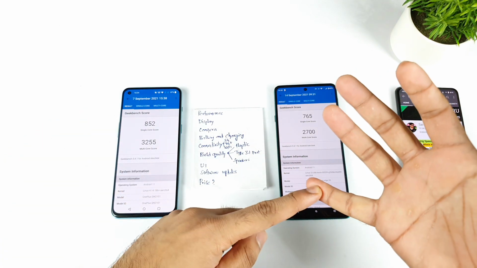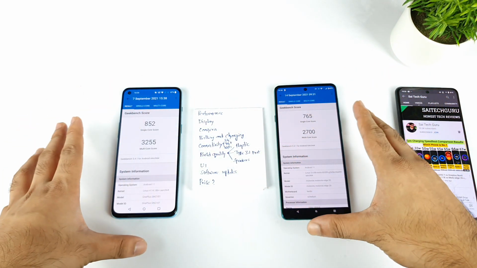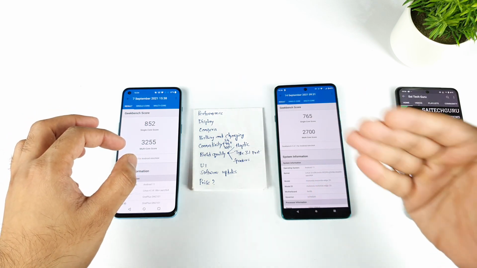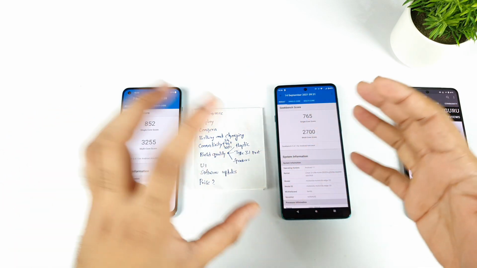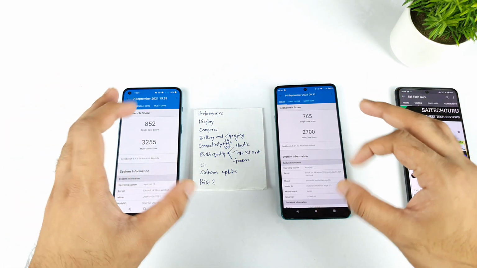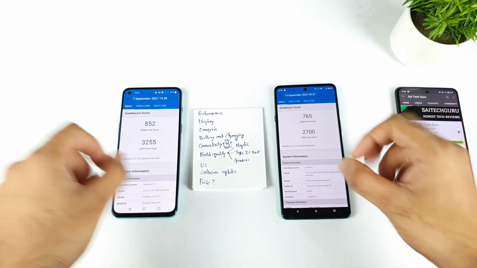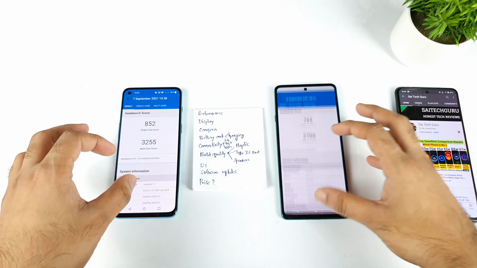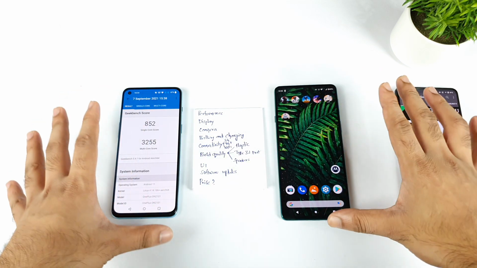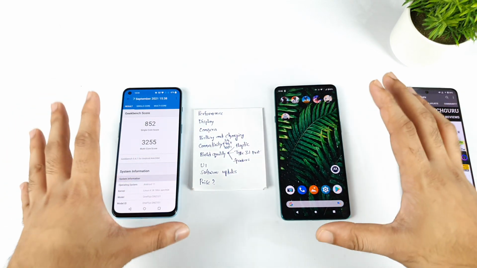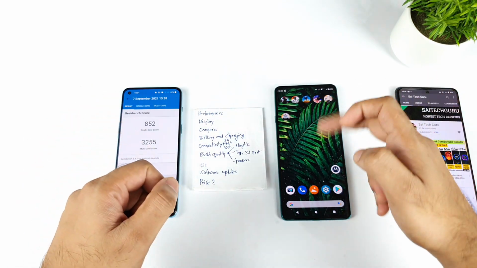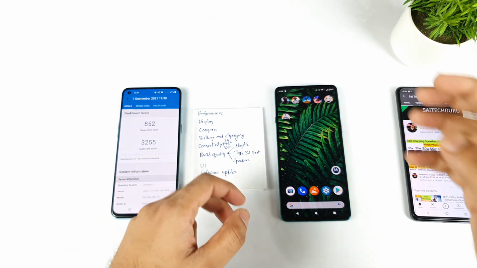For the normal user and medium usage, you won't feel any difference between the two phones. If you want solid performance, maybe slightly heavy gaming and heavy performance, then prefer the OnePlus Nord 2 device. For normal and medium usage, it doesn't matter which phone you choose, it won't affect performance at all. I've been using the Moto H20 for close to 15 to 20 days and did not feel any kind of issues, because I'm close to medium usage, not a heavy gamer.